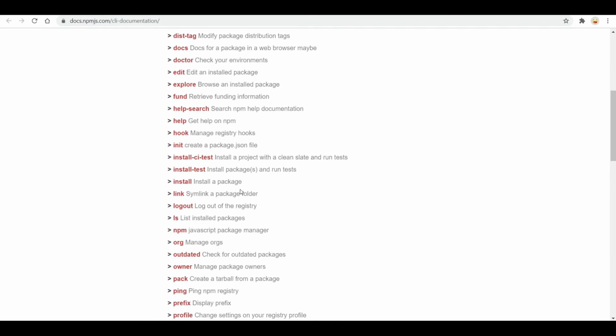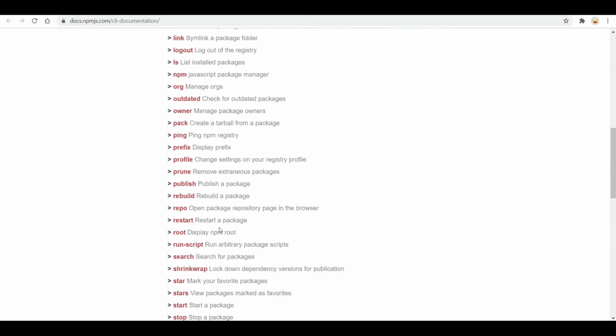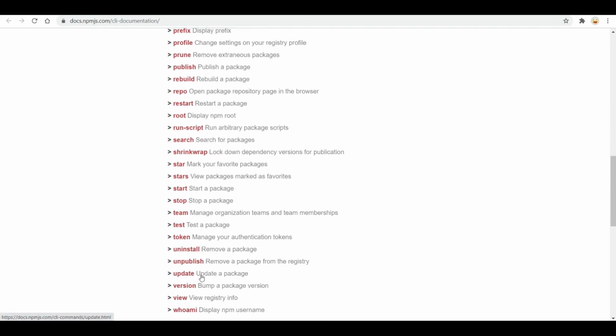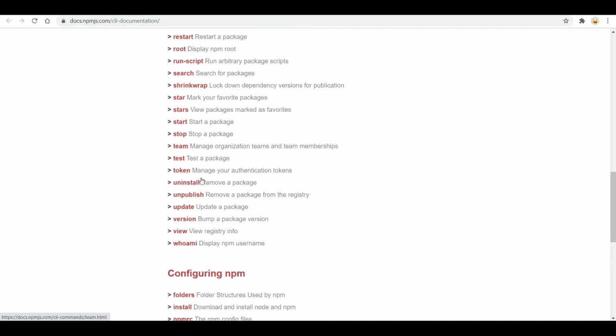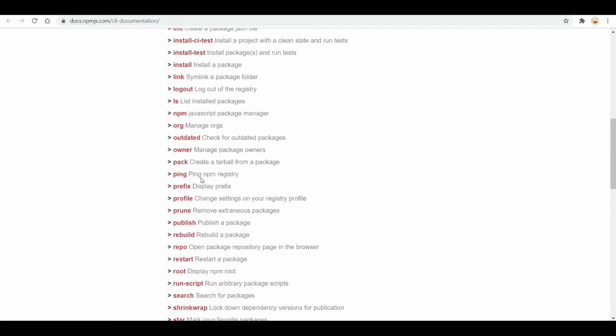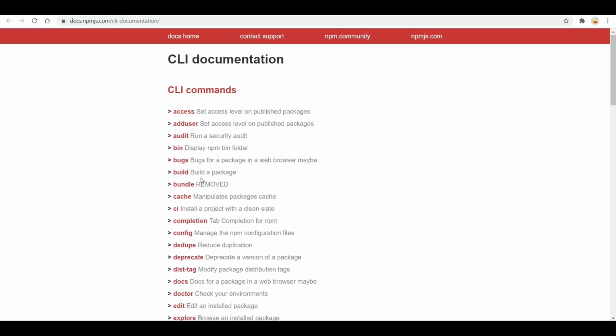So similarly, like npm install, we have other commands like update, or uninstall to remove a package. So these commands will help us do some part which you can read from here. And we have npm build. So a build will build a package, and similarly we have all the commands.